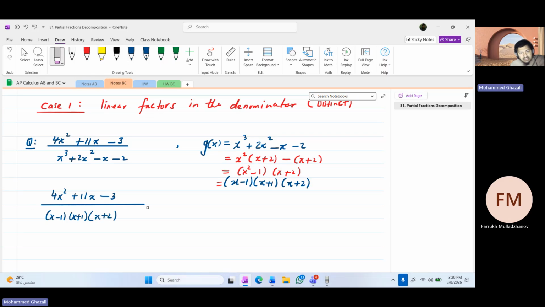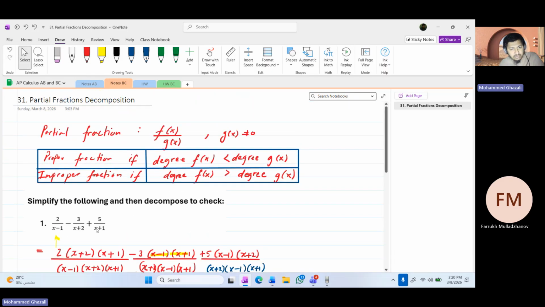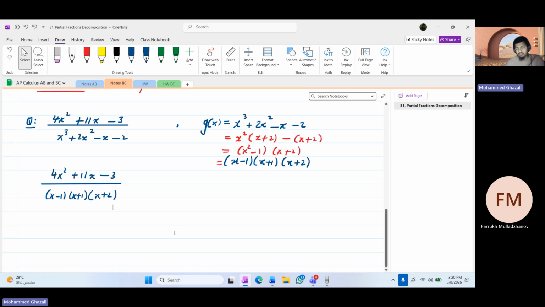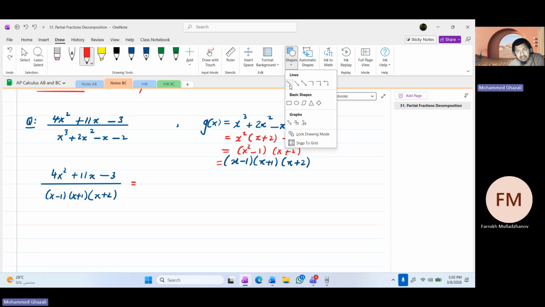Now, how do we decompose this? How do we break this up into different components like this? How can I come back to the original question? So this is how you decompose. Because these are linear factors, right? We're going to break it up over three different